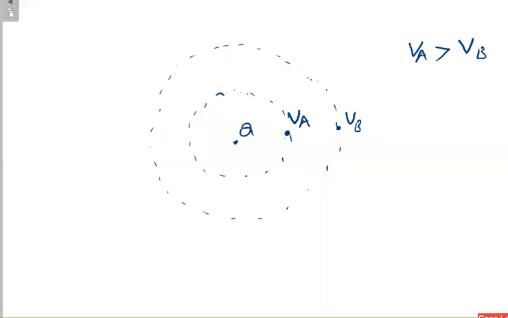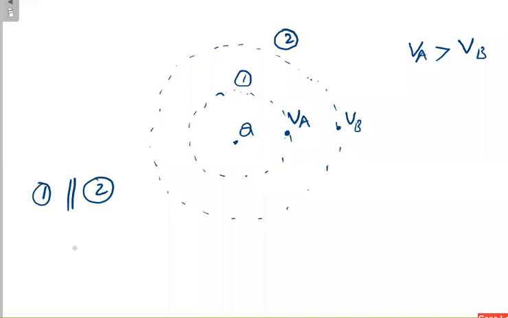By definition, you have to come from infinite distance to this point. Definitely VA would have traveled a long distance. That's why it is having more potential. So my VA is greater than VB. But these two surfaces are equipotential surfaces. Say this is the first equipotential surface, and this is the second equipotential surface, and clearly equipotential surface 1 is parallel to equipotential surface 2.